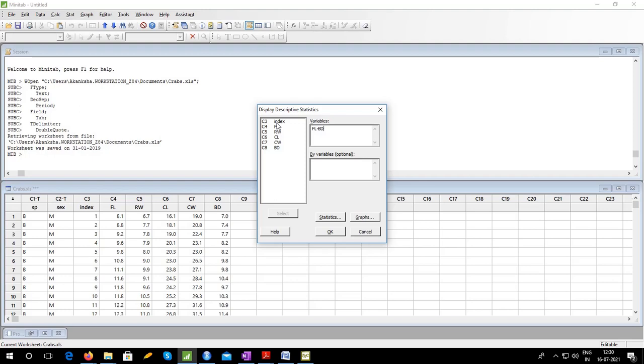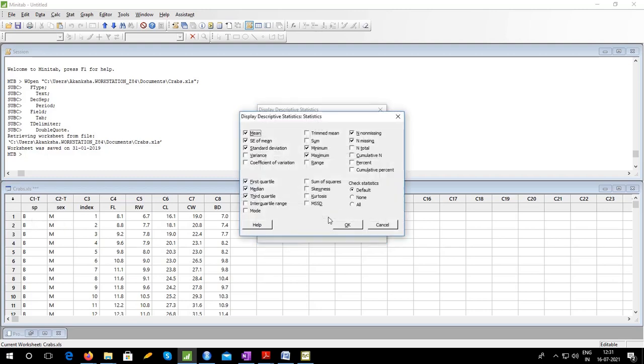Now, by variables. If you want to see whether these measurements are different for different species, or for different sexes, then you can include that here. For example species, then you will get mean, mode, median, etc. for each species separately.